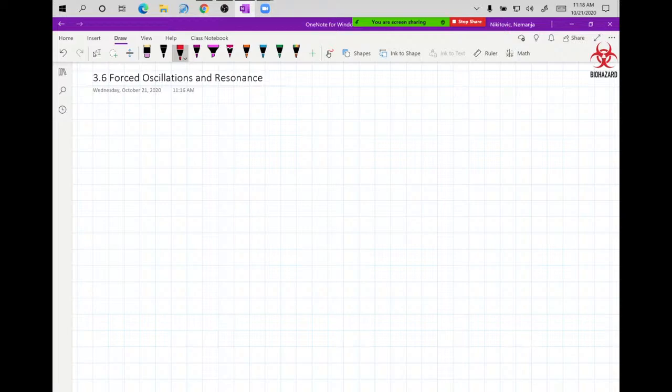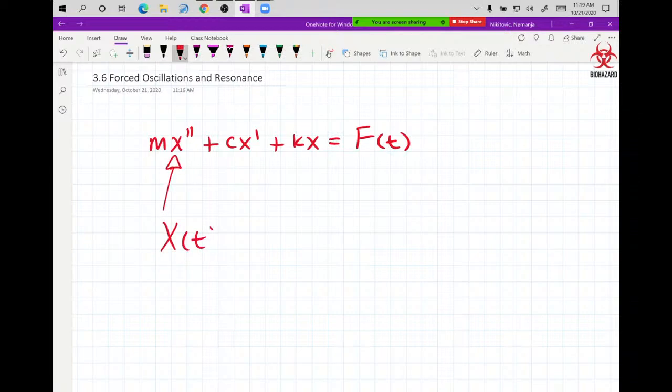Now we're going to use the mechanical one with a spring. So we are going to solve mx double prime plus cx prime plus kx equals some forcing with respect to time. So our unknown function is actually x with respect to time. And we learned last time that that equation will have